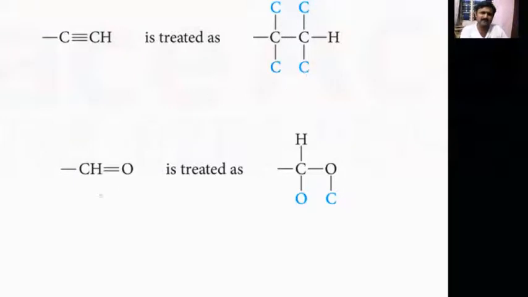This is the diagram. CHO is there, and the carbon-oxygen double bond is treated as each bond linked with one carbon, shown in the first diagram, which is considered a stereogenic center. Here a carbon-oxygen bond is there. This double bond is treated as a single bond with one oxygen and a single bond with another oxygen, like this. Exactly what is the meaning of chirality?